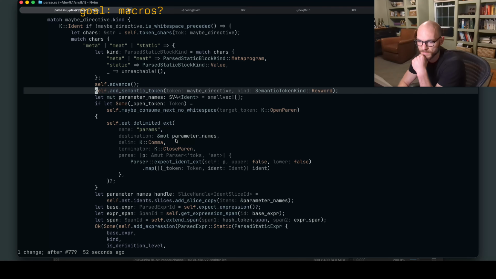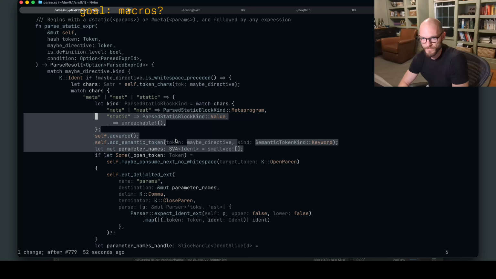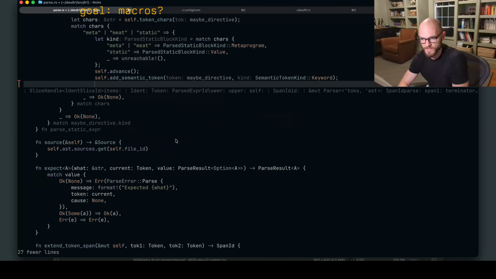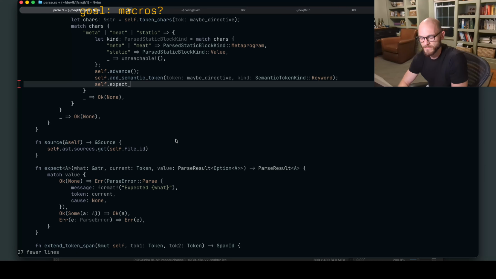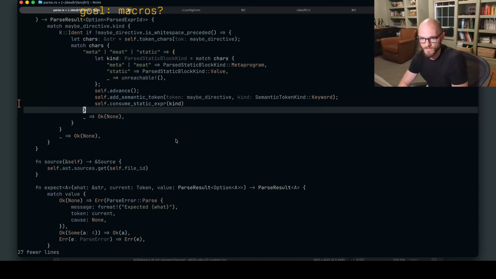So if we advance past that, hashtag static, hashtag meta, or $, and then we're here. This is like expect static expr. Actually like consume static expr, given the kind that we're already in.